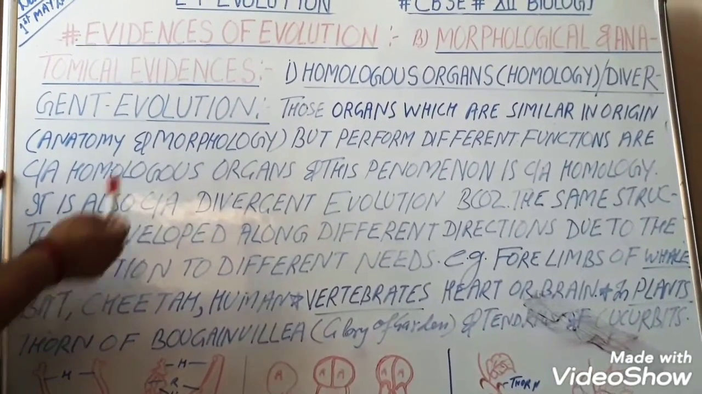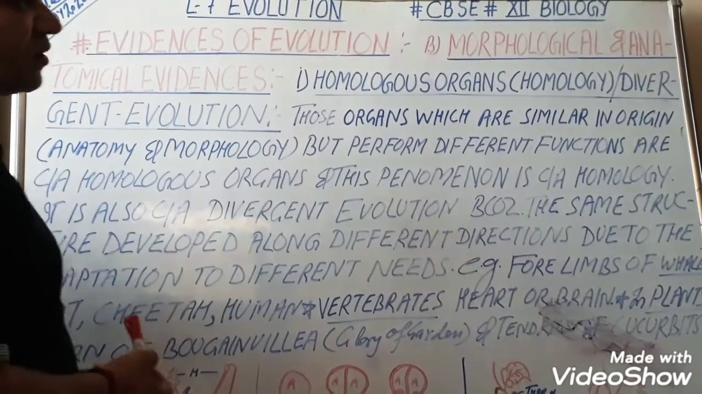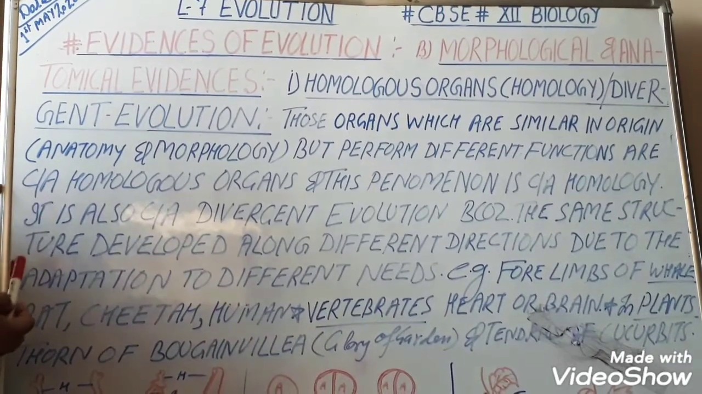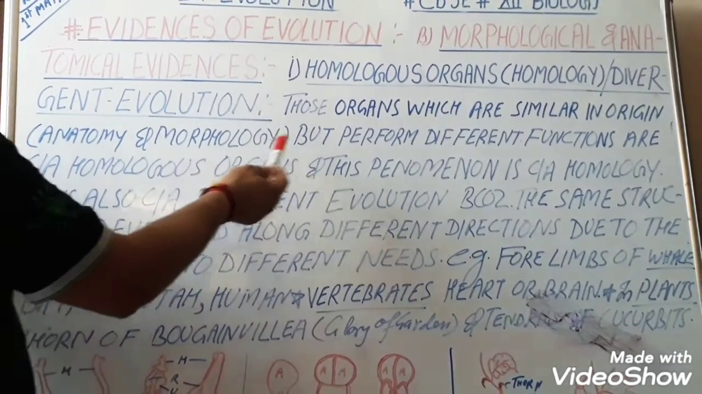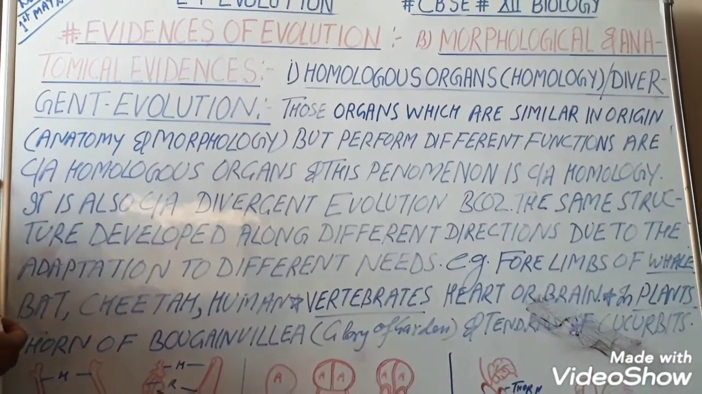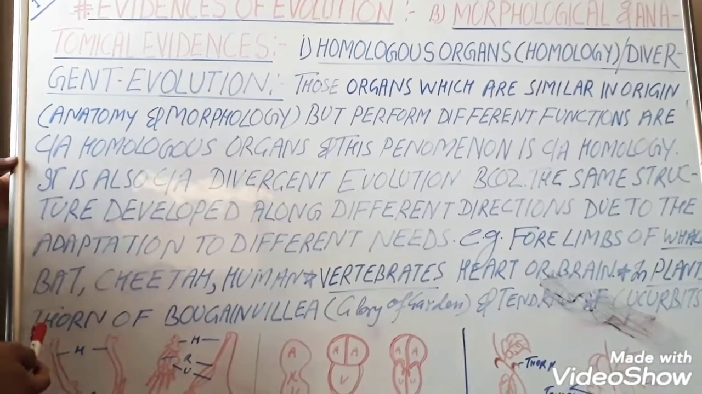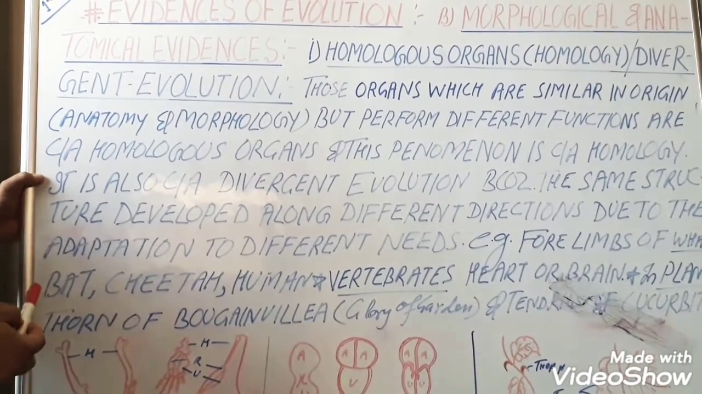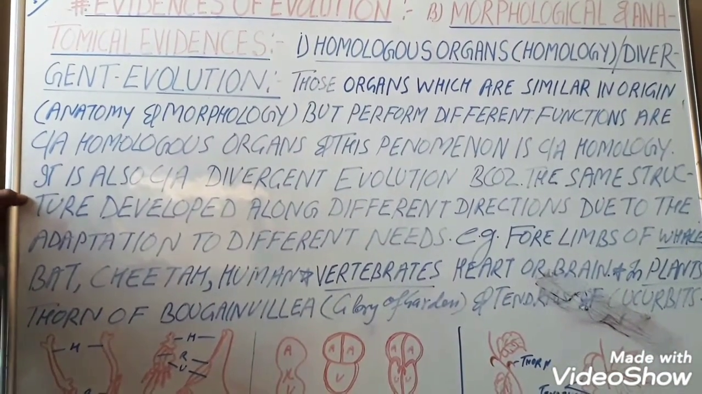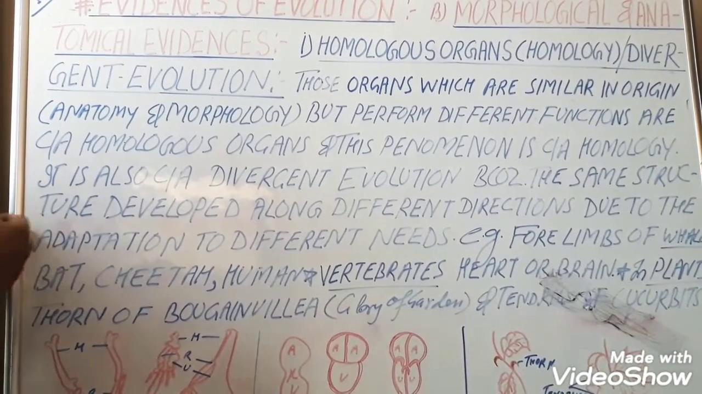Now, in detail, homologous organs may be defined as those organs which are similar in origin, that is, anatomical and morphological similarity, but perform different functions. This phenomenon is called homology. It is also called divergent evolution because the same structure developed along different directions due to the adaptation